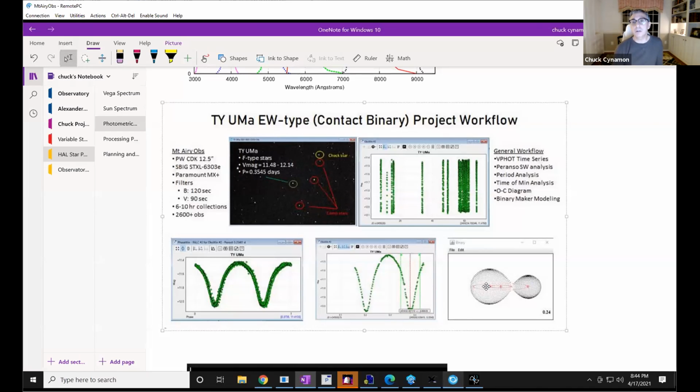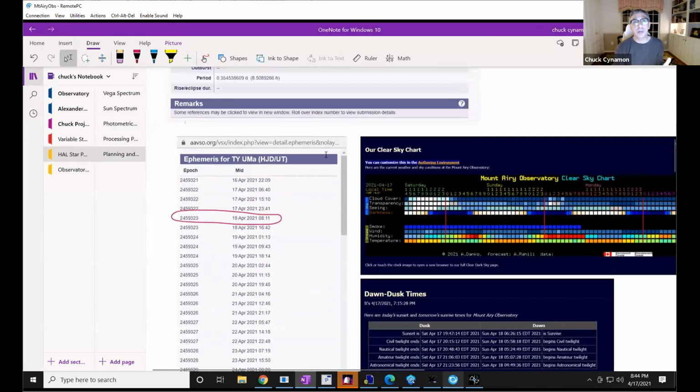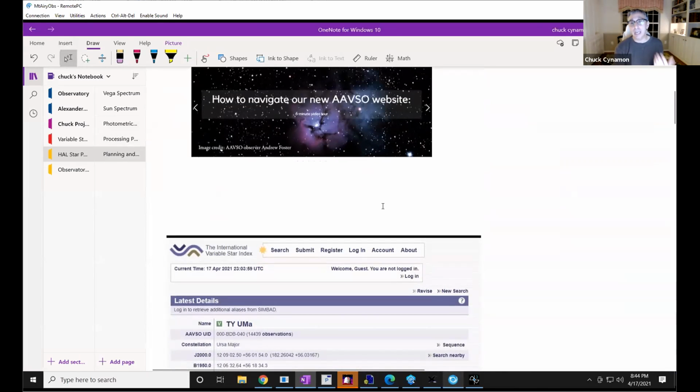So I'm going to stop here on that, and then when I come back, I'll go through some of the planning on how I plan a project and execute an observing session, and then the processing of data and the use of these tools and how you get to results. So I will stop sharing at this point.